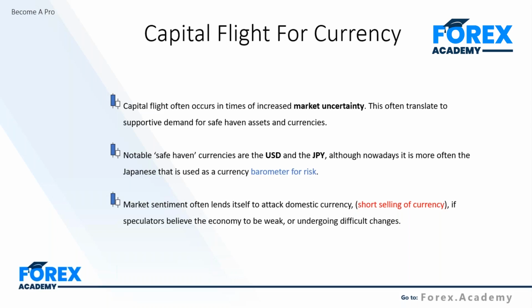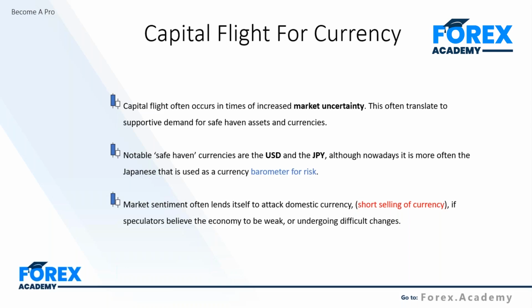So a lot of us traders, when we see fear and uncertainty enter the markets, you get to see how real it is. If there's increasing demand for Japanese yen, you're going to see that forex currency pair rise